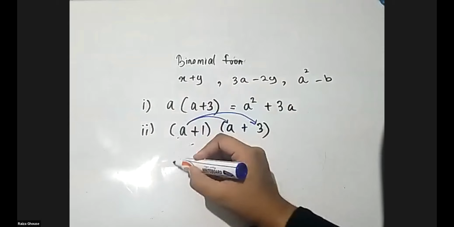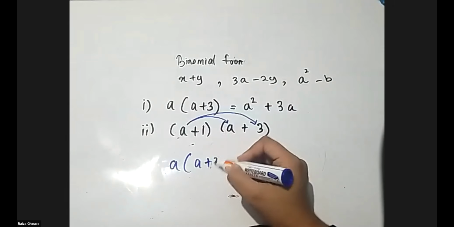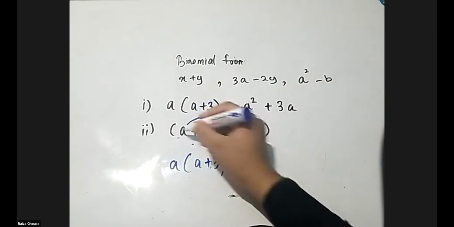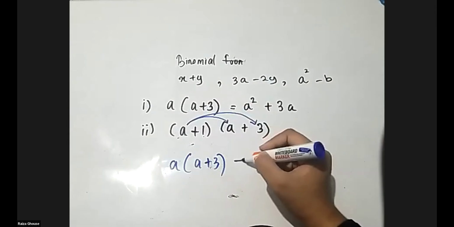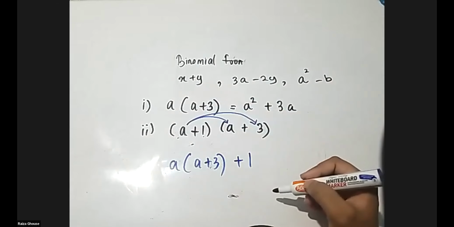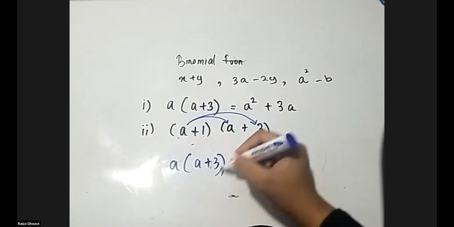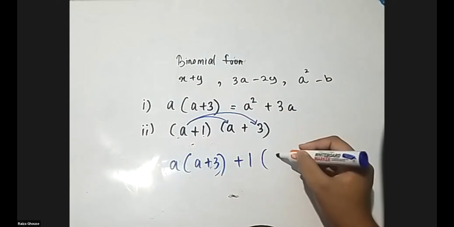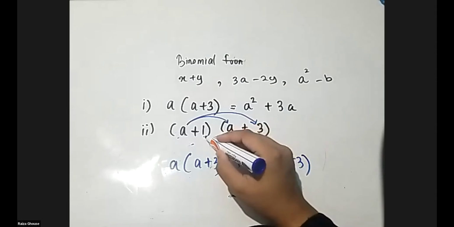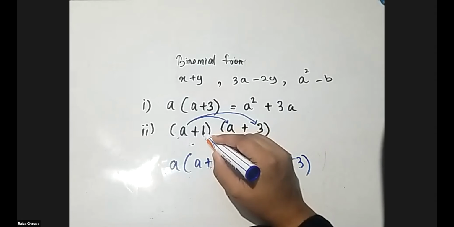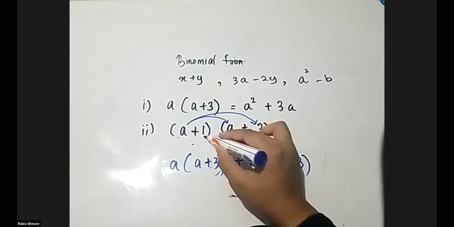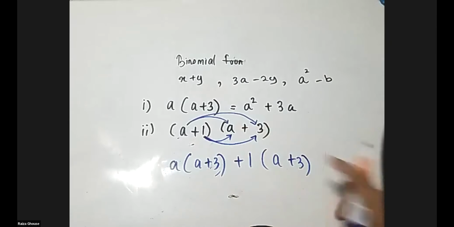Okay, I'll write it down. Now, listen carefully. If you miss a little word, you can't understand. Take the first bracket, second term with the symbol. Now, just like you did it here, write the whole second bracket down here. What did I do? From the second factor of the first bracket, I multiply the whole second bracket.